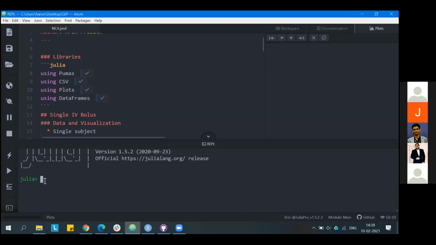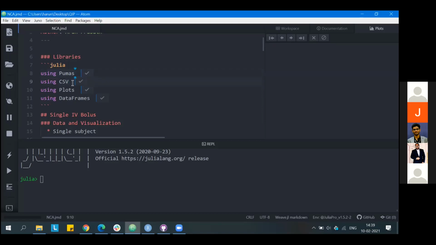The next part would be to call in the packages that will be required for today's analysis. For NCA, we'll have to use a package called Pumas, and the dataset which we have is in CSV format. To import the data from the CSV format to this environment, we'll be using a package called CSV.